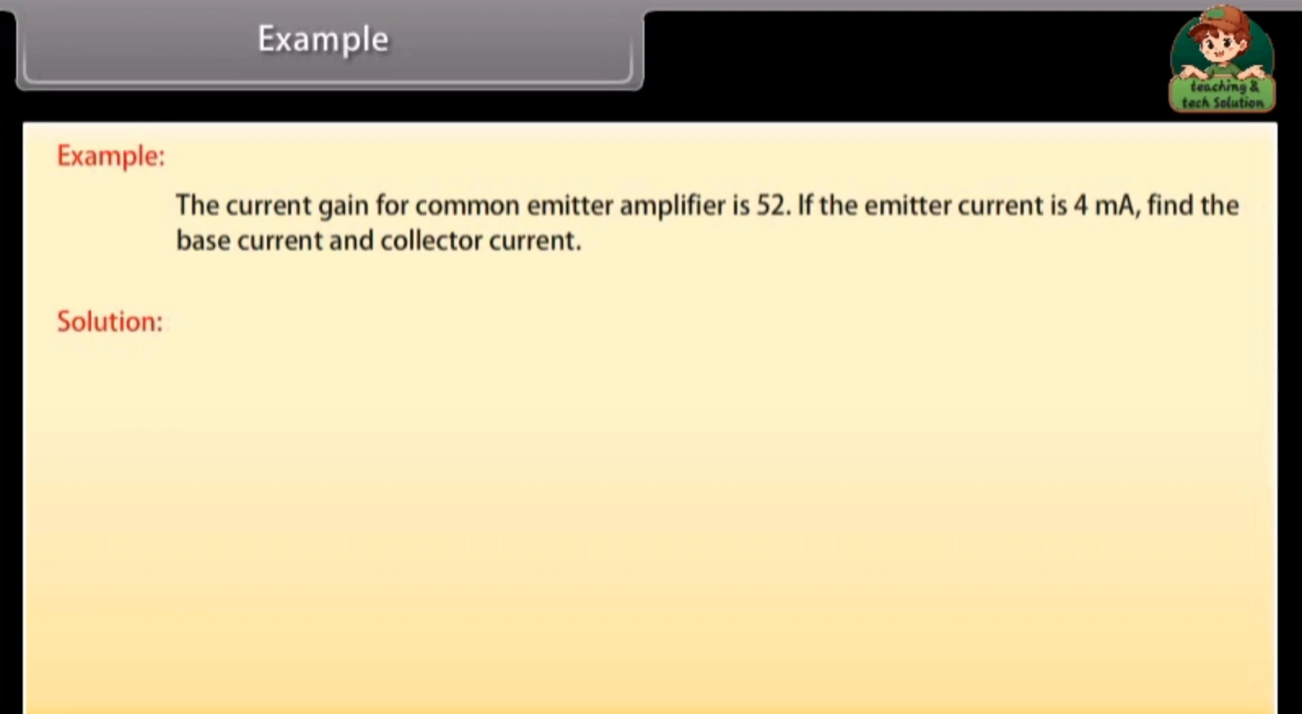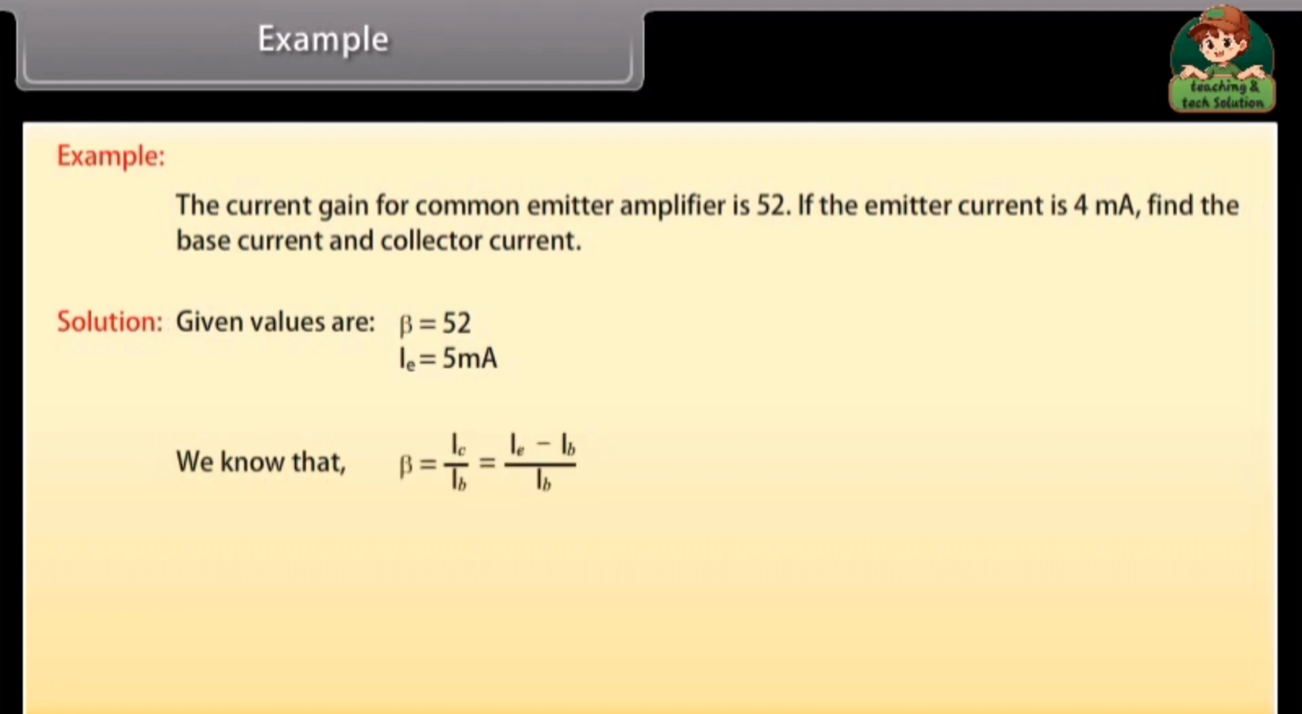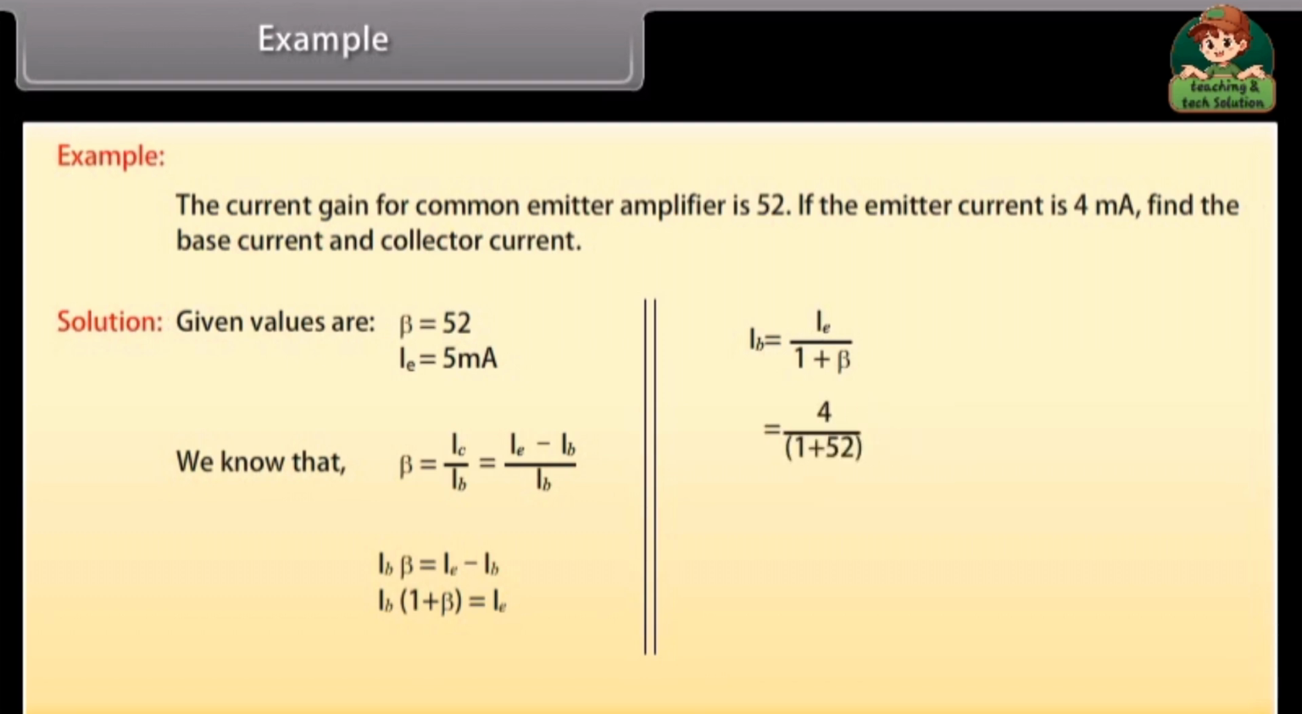Let's see the solution. Given values are beta is equal to 52, IE is equal to 5 mA. We know that beta is equal to IC upon IB, which is equal to IE minus IB upon IB. On simplifying the expression we get IB is equal to IE upon 1 plus beta. Now putting the values in the expression and calculating, we get IB is equal to